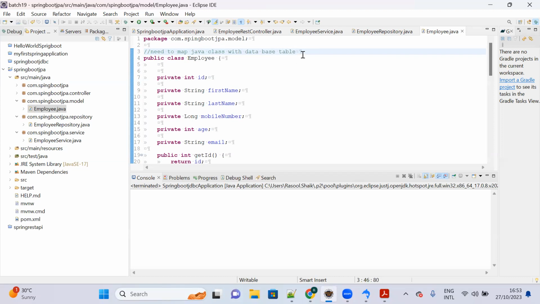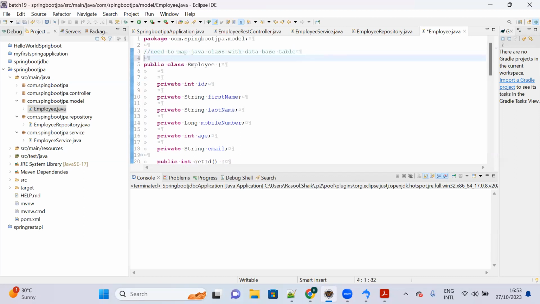So what is the first step? Need to map Java class with database tables. What is the second step? Need to map properties of Java class with database table